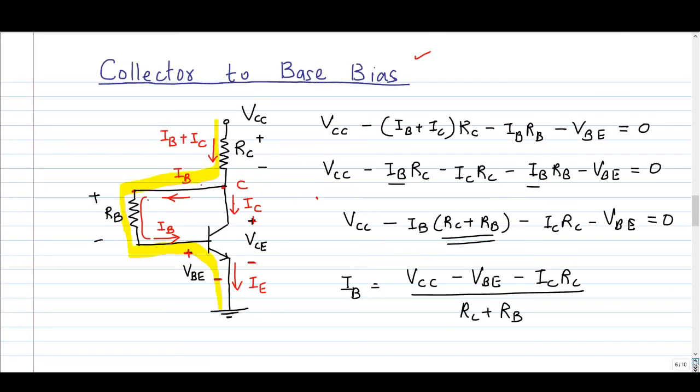So the criteria used is beta RC must be much larger than RB. So this is satisfied only if RC, there are two possibilities. First possibility is RC is very high. Okay, if I select very large value of RC, then this will be easily satisfied. Beta RC will be much greater than RB. If I use high value of RC, what happens? You can see that when RC is increased, there is more voltage drop across RC. So this VCE will decrease because total source voltage is VCC.